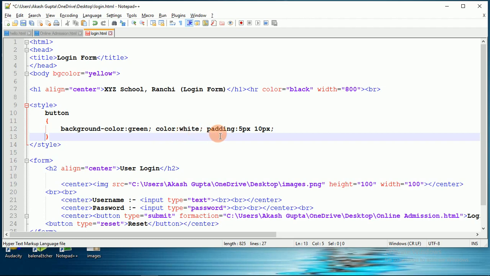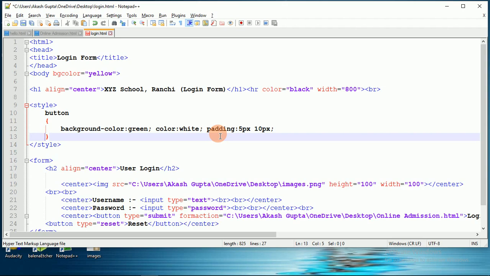And padding is one of the properties of CSS, cascading style sheets, which determines the height and width, means the space around the text that is written inside the button and the border of the button.